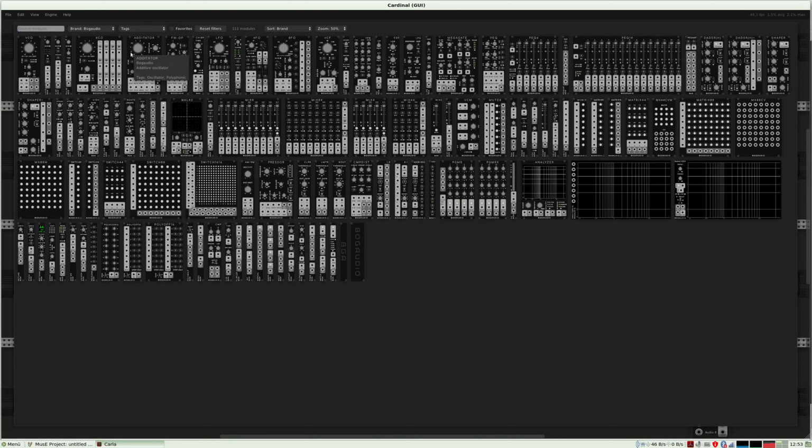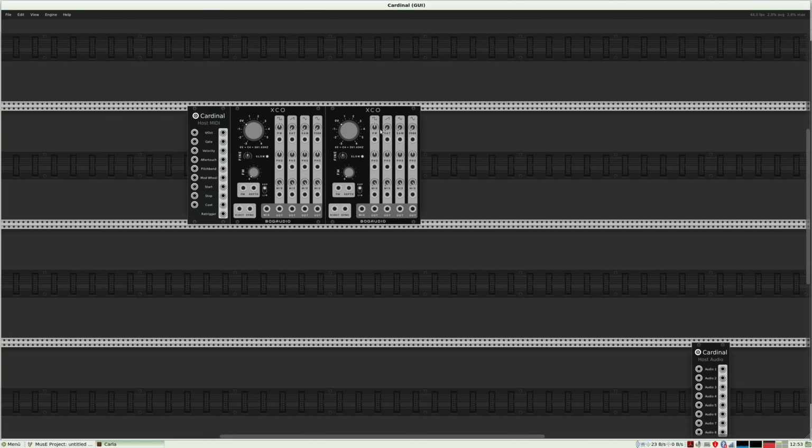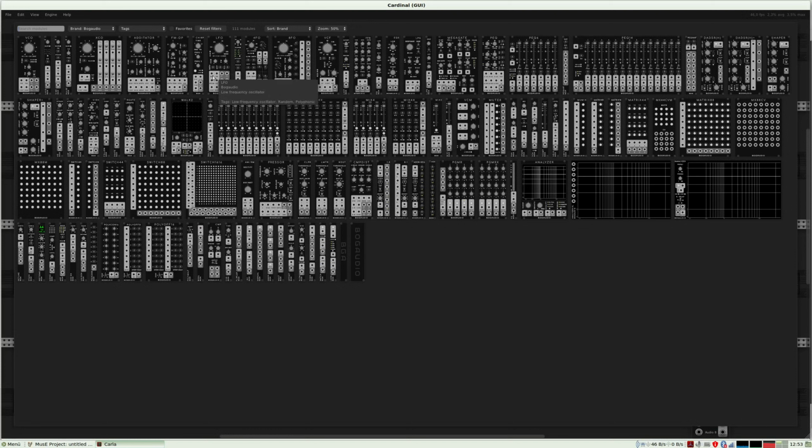So first what I need is a VCO. I don't use this VCO, I use this one here, because it has all outputs of all waveforms here, and it has additional settings with these knobs here. I put here two of this oscillator, so select it at the top, press Ctrl G, and there we are. We have a copy of it. I need a mixer here. It's also in Borg Audio, so I can find it here.